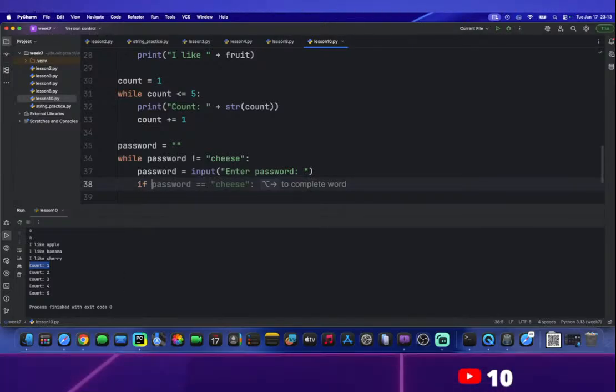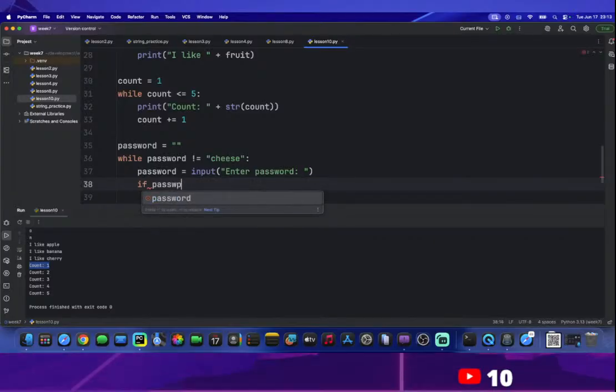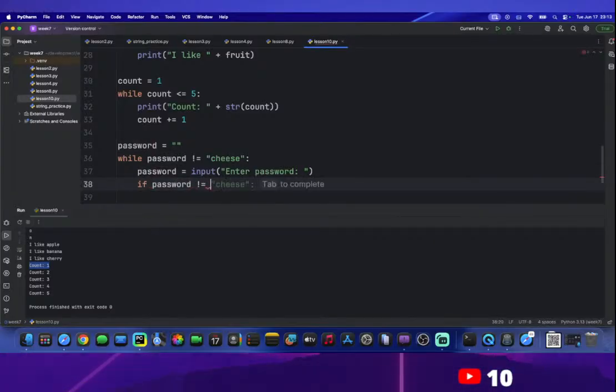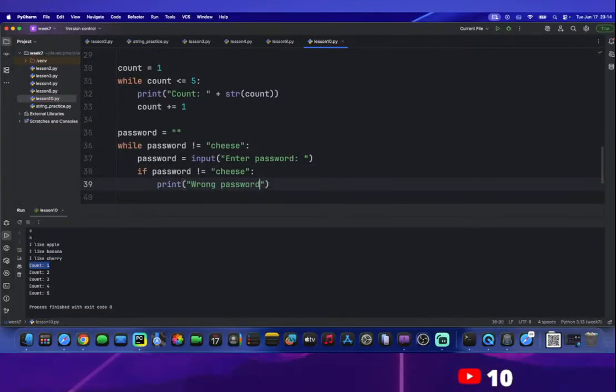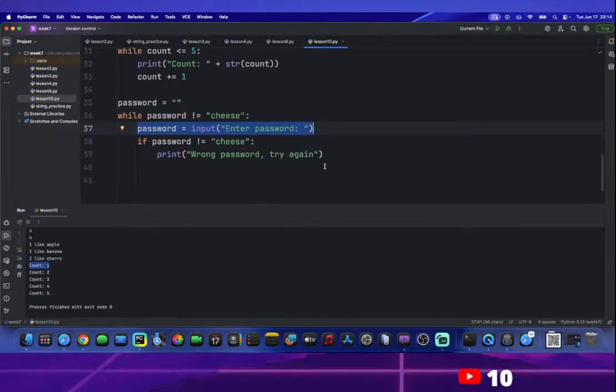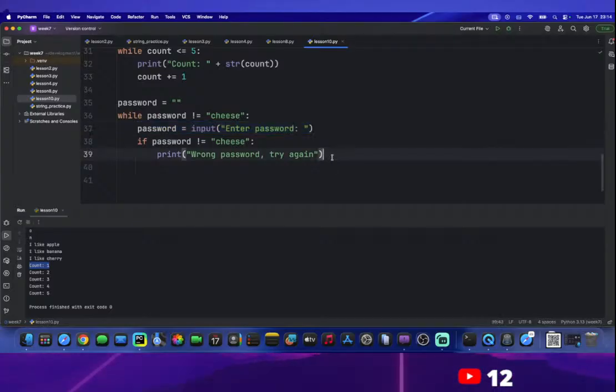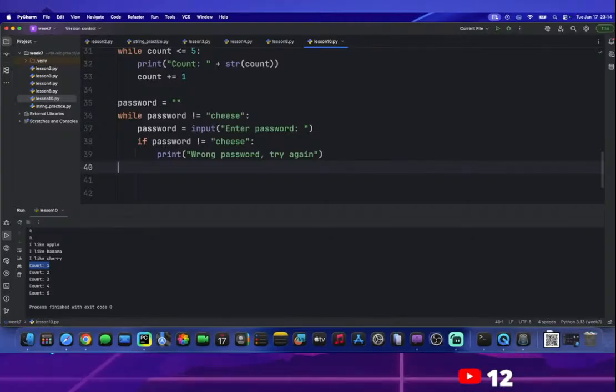So first we'll say if password is not equal to cheese, then we print that the password is wrong, and they can try again. So what's happening here is we're going to ask the user to input the password, and if the password that they enter is not cheese, we print out wrong password, and it's going to loop again. Only when we get the right password of cheese does the condition become false. Then the loop ends and we print